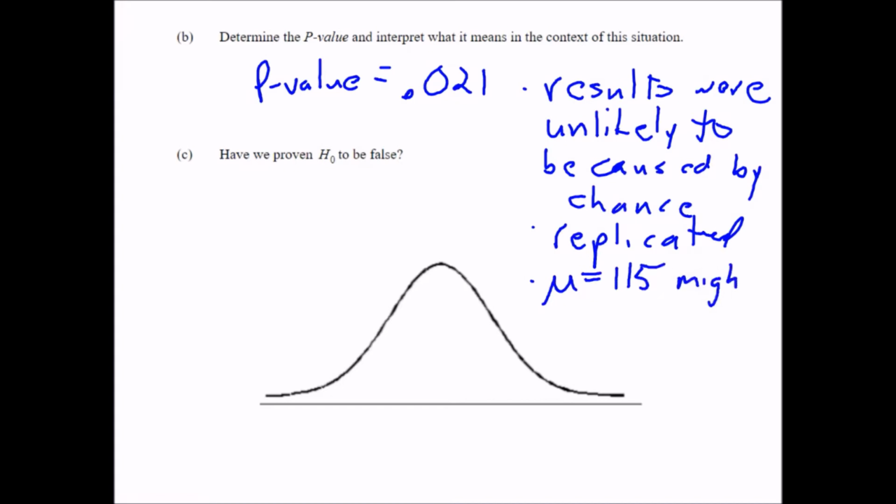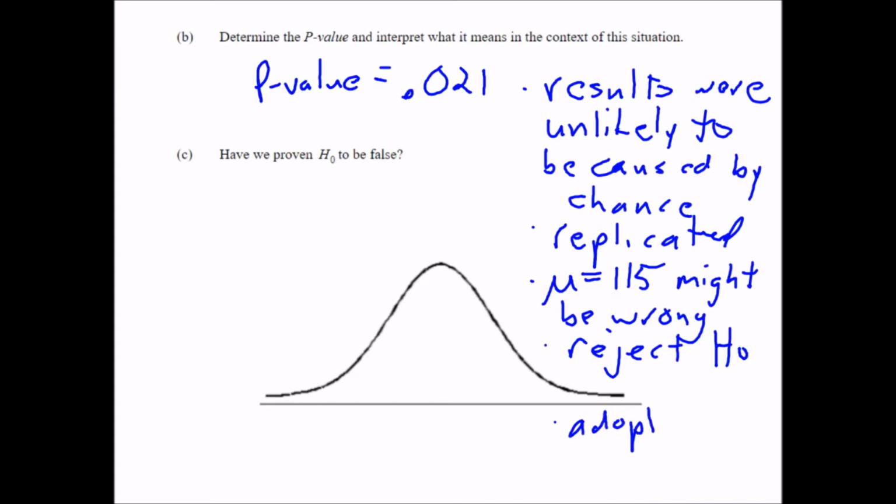Now notice I use the word might. So what we would do is we would reject the null hypothesis, so basically saying, we don't think that's right, and then adopt the alternate hypothesis. So we're basically saying there's a 2% probability, where I got that 2% right here, 2% probability that the sample mean we calculated was